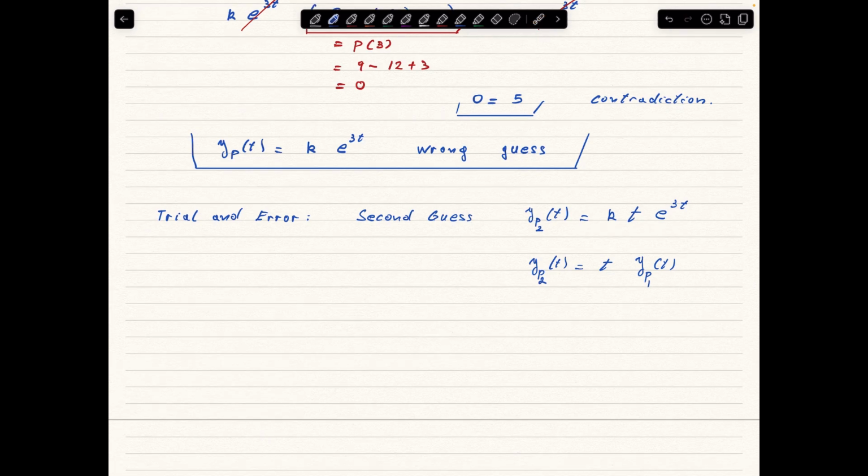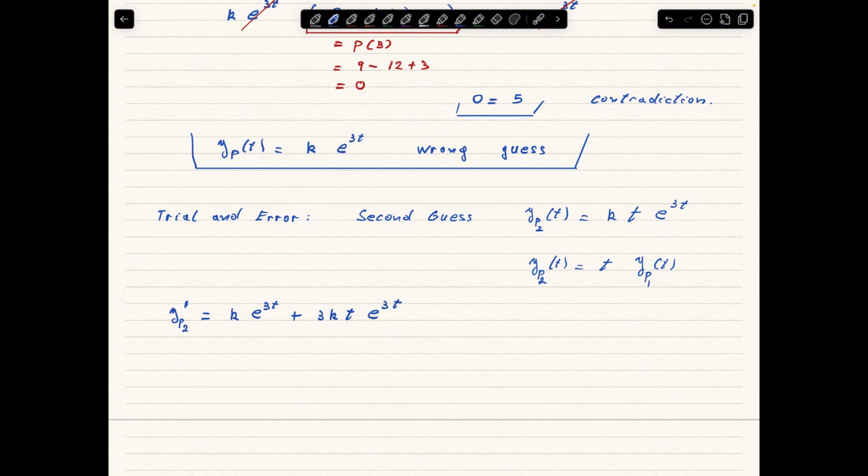So for that we are going to need two things, the first and second derivatives. So let's compute it here, y_p prime, but now it's more complicated because we have to compute the derivative of the product. So product rule. The k is going to be outside, we are going to derivate the t, so we are going to have exponential 3t plus k t, and now we derivate the exponential, so it drops a 3,